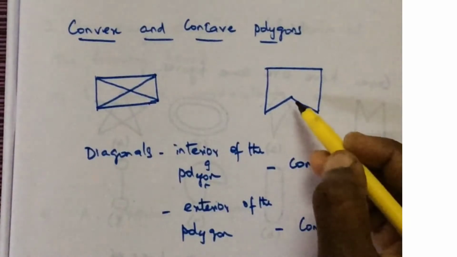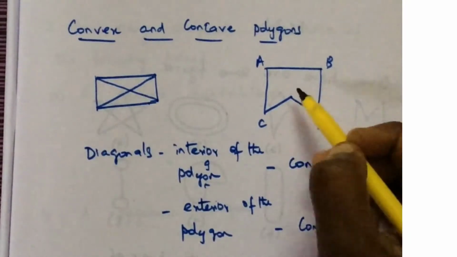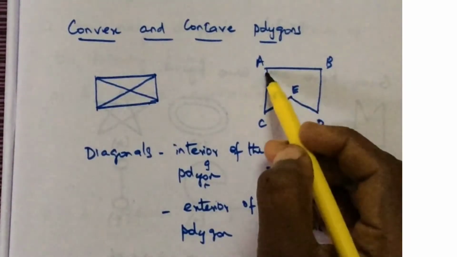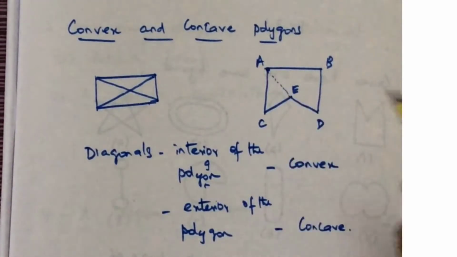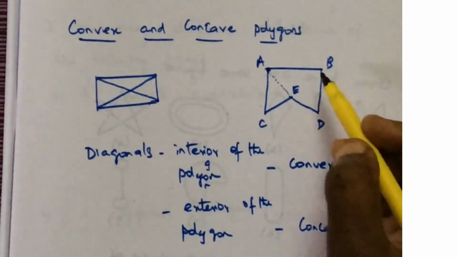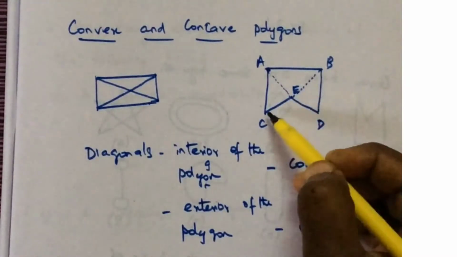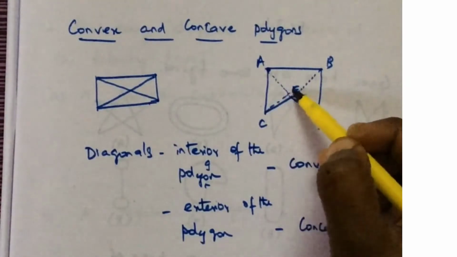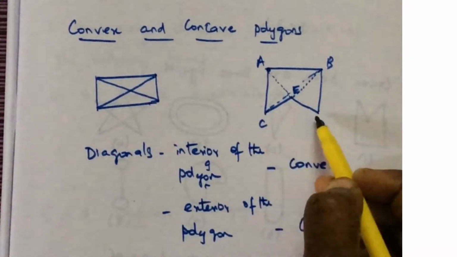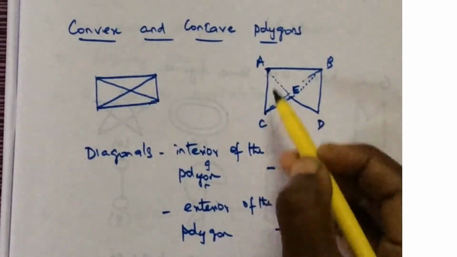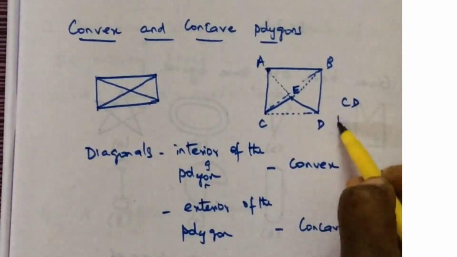If you want to draw the diagonals for this polygon, A, B, C, D and E. If you start from A, you can draw a line from A to E, which is inside the polygon. If you start from B, you can draw B to E, and also B to C, which is also inside the polygon. Now if you want to draw from C to D, because the nearby vertices to C are A and E, CD is a diagonal,